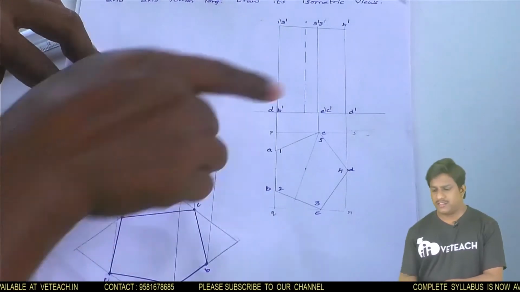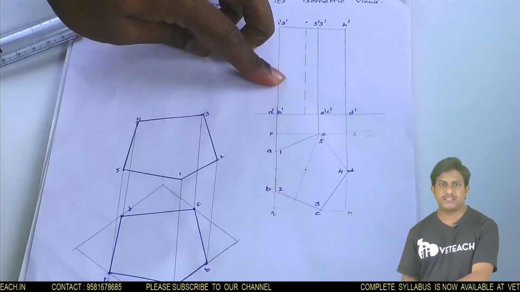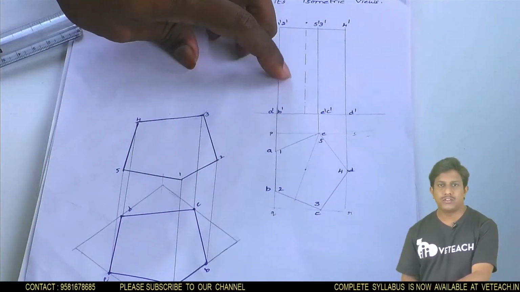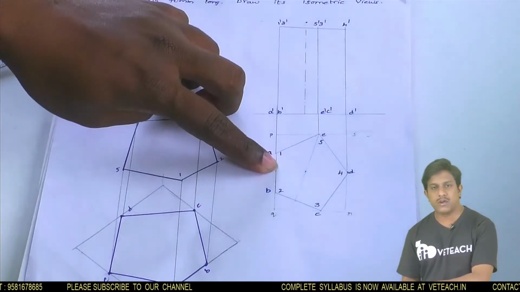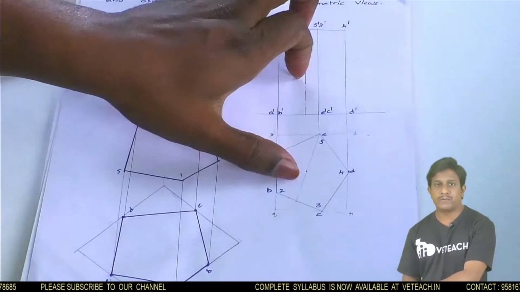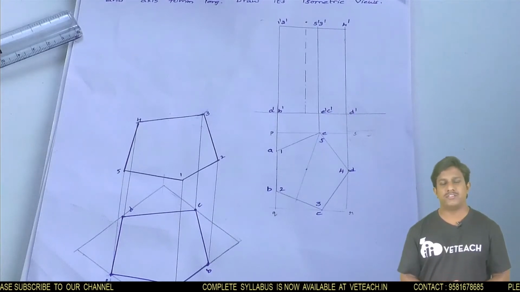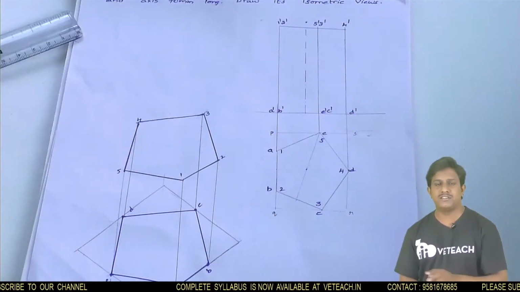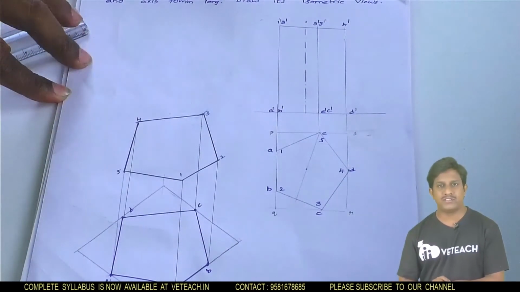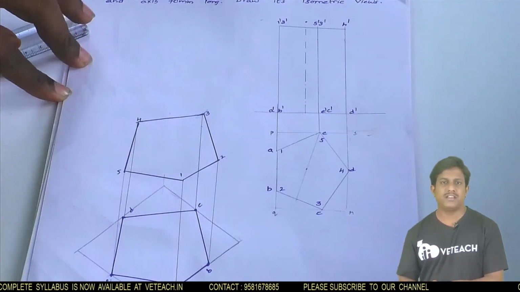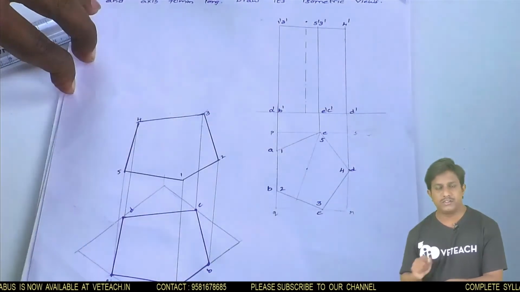If you see here, this is the 2-dimensional object we have drawn in the previous classes, that is up to projection of solids. This is the front view of a pentagonal prism and this is the top view of a pentagon. This pentagonal prism we have to draw in the 3-dimensional, that is isometric view. This 2-dimensional is the orthographic. We need to convert this orthographic 2-dimensional into 3-dimensional isometric. Let's see how I am converting this 2D into 3D.